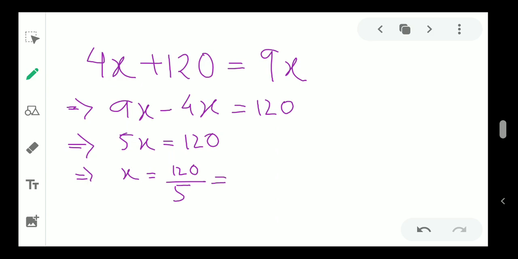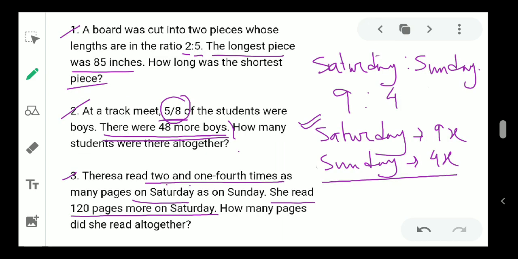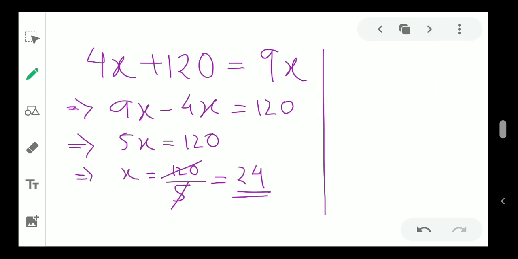Now it is 120 by 5, and if we divide, 5 times 24 is 120. So x is 24. That means Saturday she has read 9x, so 9 into 24,